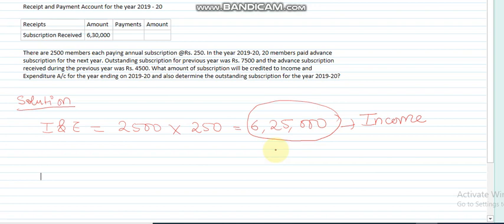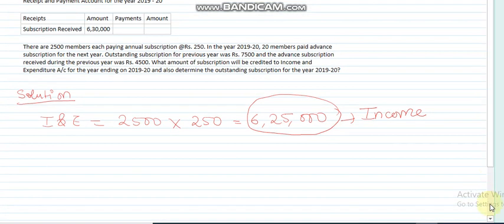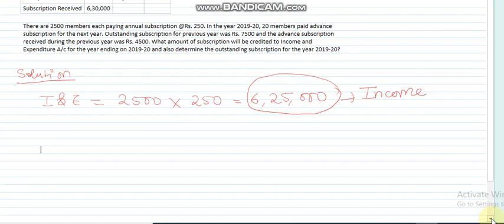6,25,000. But this question also requires us to determine the outstanding subscription for the current year. So for this, we need to make certain calculations. We will begin with the subscription given in the receipt and payment account, that is the subscription as per the receipt and payment account, which is of rupees